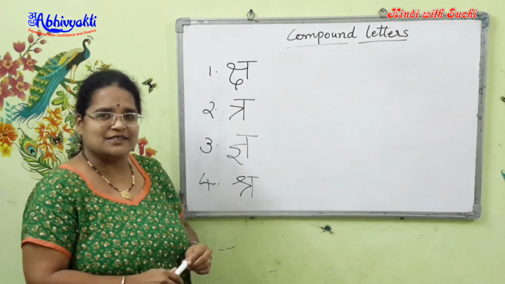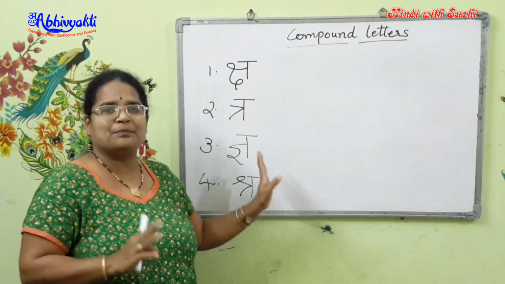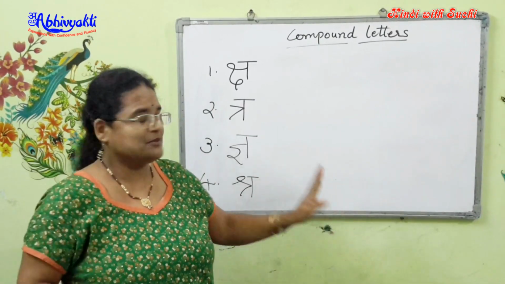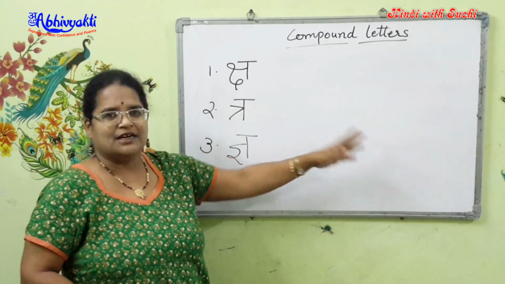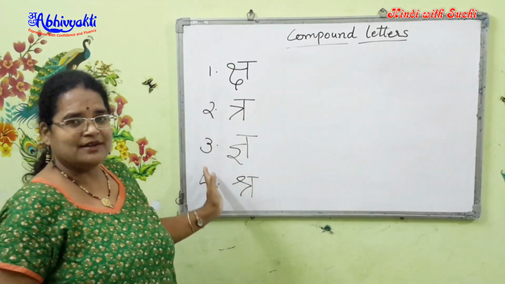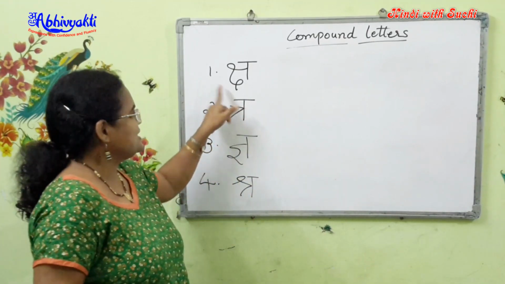But there are four characters which look very different, and this also happens to be part of the traditional Indian consonant script. So you always find these four letters included in the consonants list. Now let us look at them, but these are compound letters, meaning they are a combination of two consonants. Now let's see the first one.